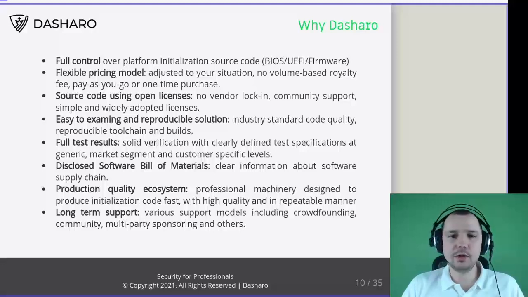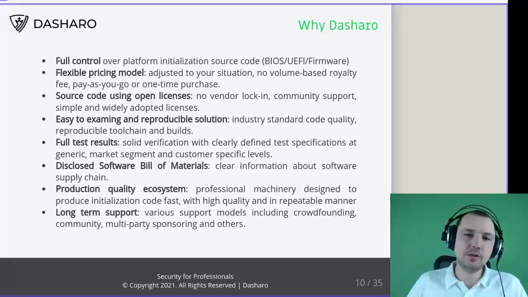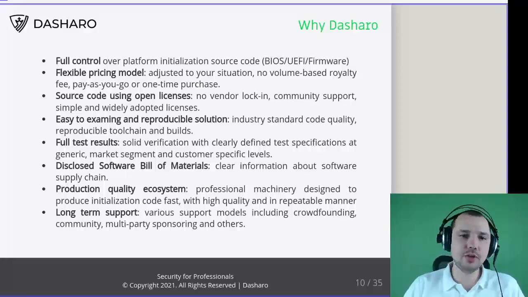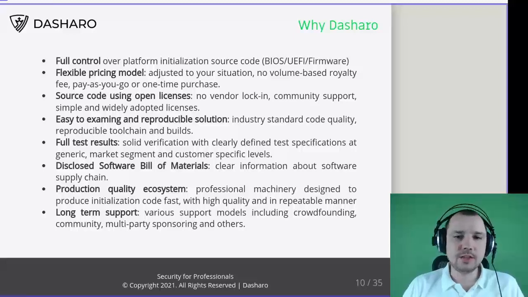So let's say if we have UEFI, EDK2 coding guidelines or coreboot coding guidelines, we always keep those guidelines, and we maintain toolchains for a long time that gives the ability to reproduce the same build by hash every time. Even after a few years, you can take our toolchain and build all Dasharo firmware, and you will get the same hash.